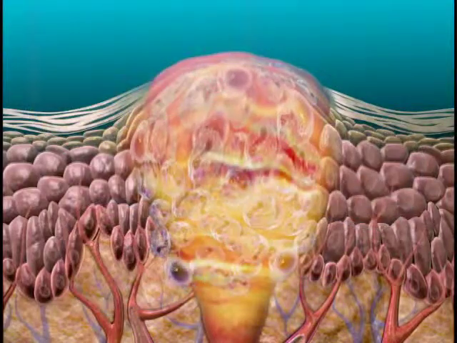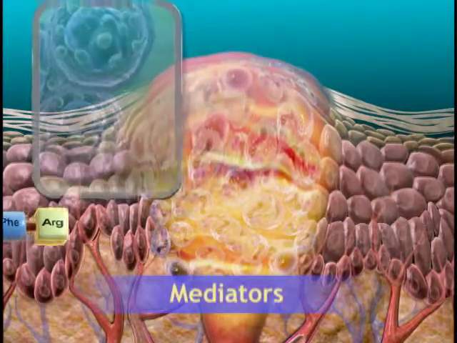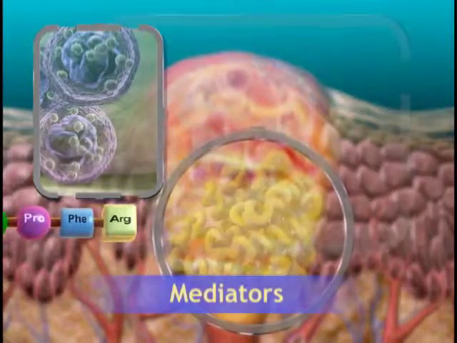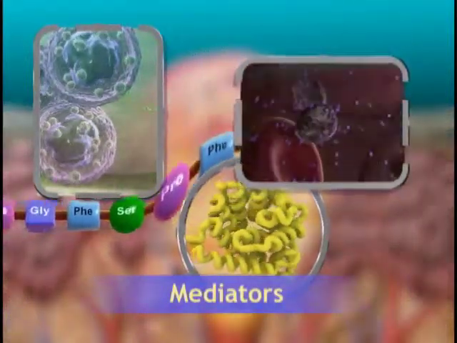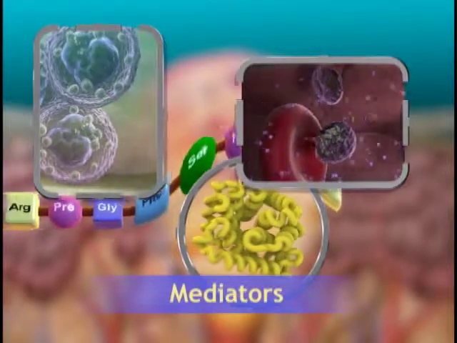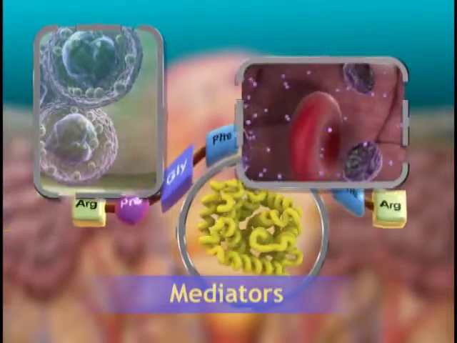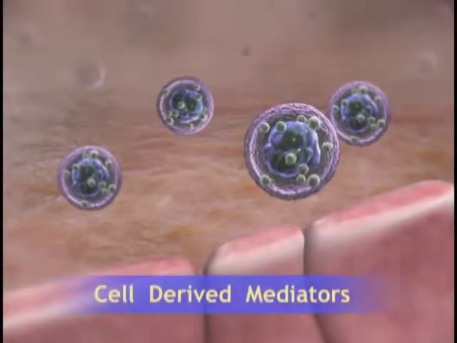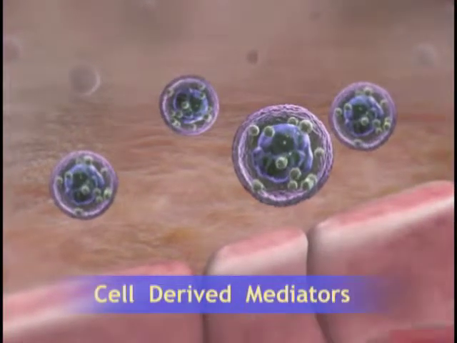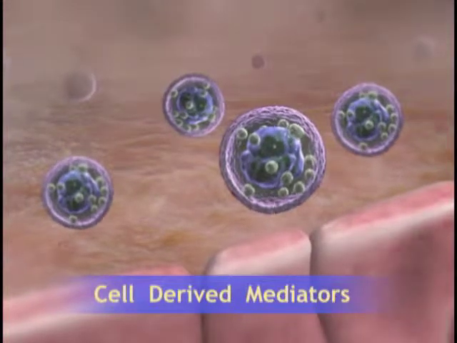Concurrent with the events of the vascular and cellular stages, chemical mediators release bioactive agents that act to mediate the inflammatory response. Mediators are derived from the cells or from plasma. One of the first mediators of an inflammatory response is a cell-derived mediator, histamine, found in high concentrations in the